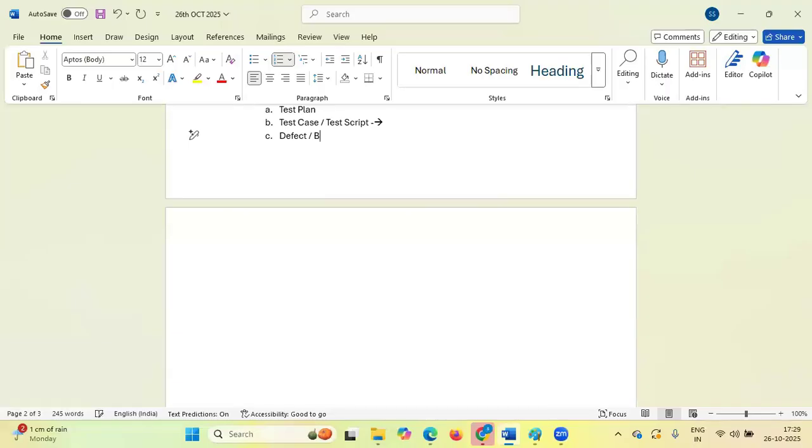So this is the bug report. After that, test summary report. After that, you must have understood the terminology UAT, user acceptance testing sign off. So these are the outputs or deliverables of the testing phase of SDLC.